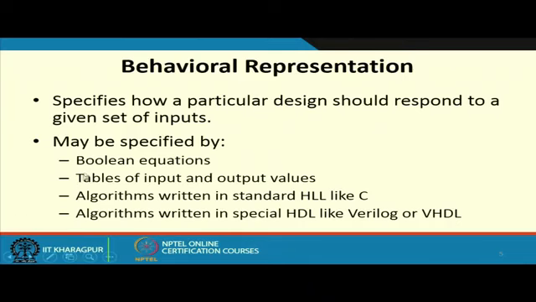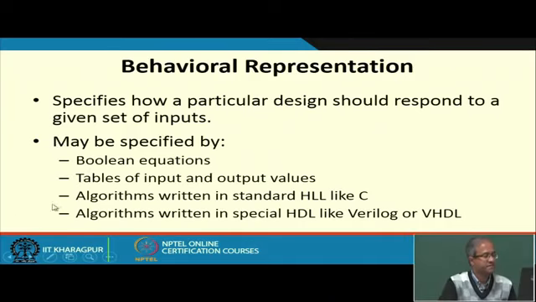Now, this behavior, depending on which level you are specifying, can be specified in various ways. Some of these are mentioned here, these are of course not complete. Boolean equations, you can have some kind of truth table, you can also have a finite state machine for sequential circuits, sequential functions. You can have some algorithmic description written in a standard high level language like C or Java or C++,